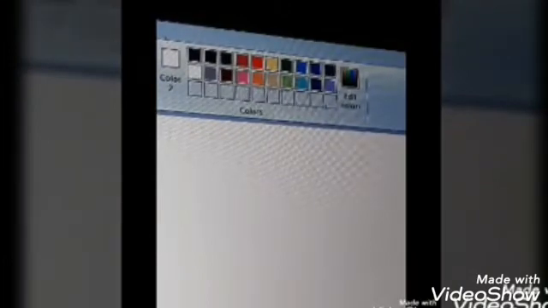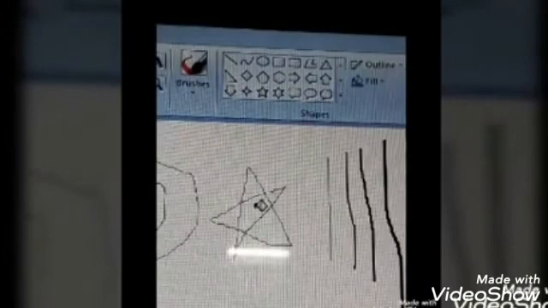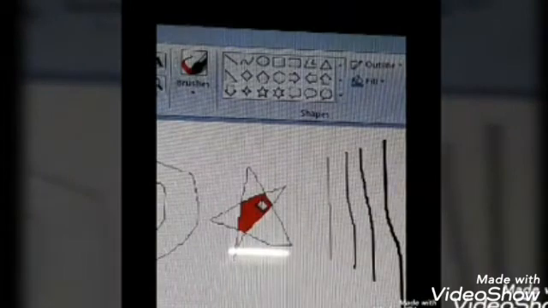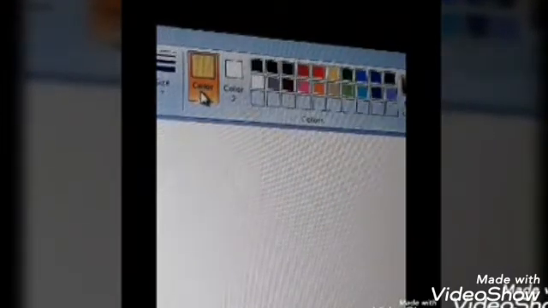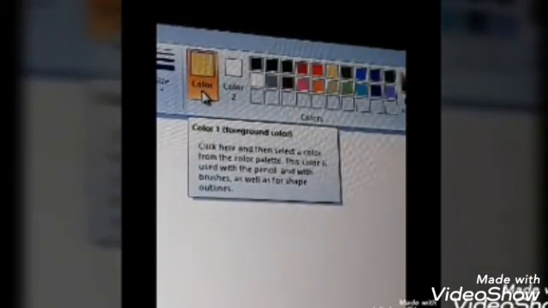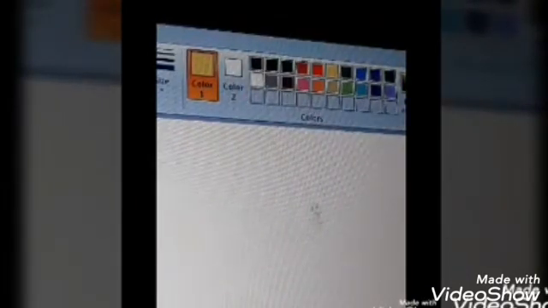Okay children, now we will come back here to our star shape. Here you can see the star shape. Here if I click, you can see that part is colored. Now if I click any other part of the color bar, that is a different color, that color will get selected. You can see here in color 1 that color is selected. Yes, this color 1 is the color which you have selected to do the drawing or painting. Okay children, and this color 2 is the background color, means this drawing area color.